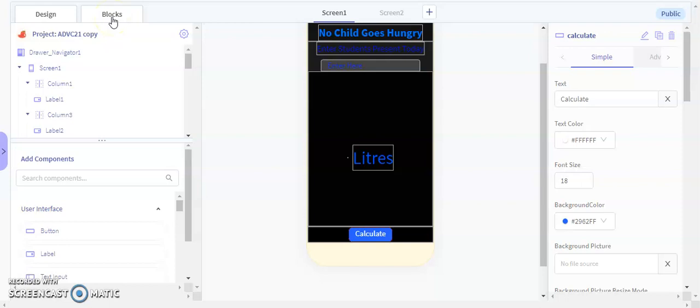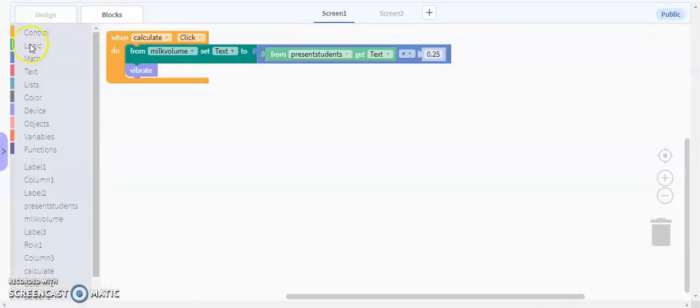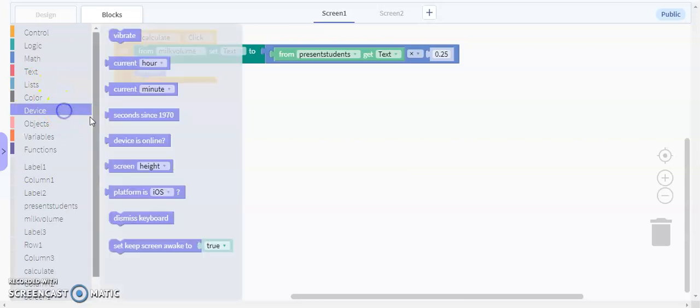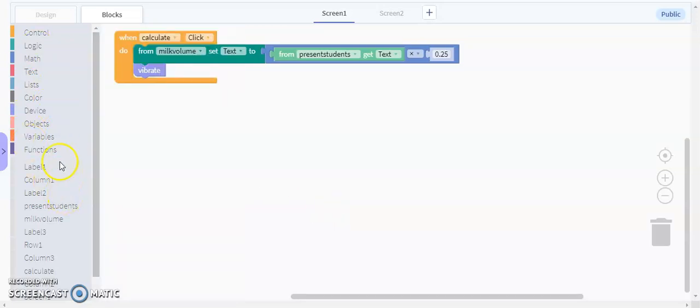Now we are going to go to blocks. In Thunkable you have control over here. In code.org it was UI control, logic, math, text, list, color, device, objects. Device is a new option in Thunkable. Then variables, functions.